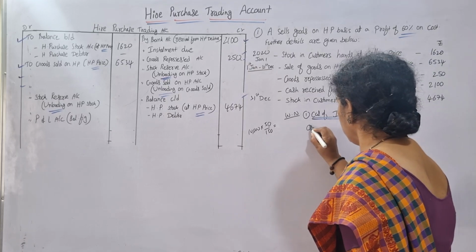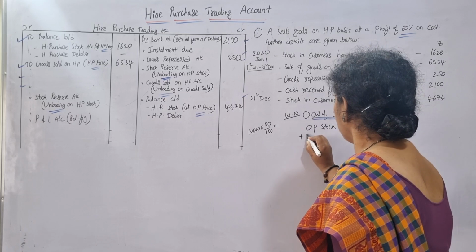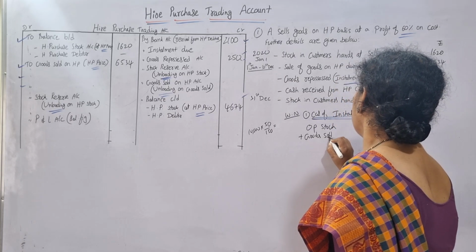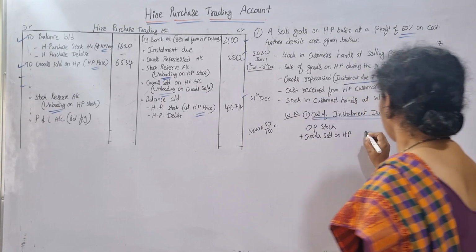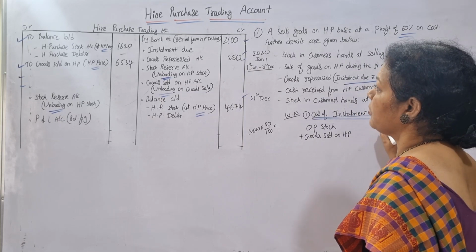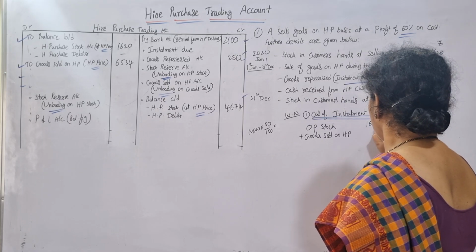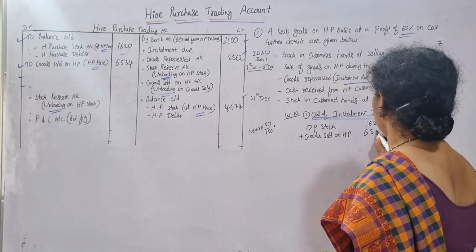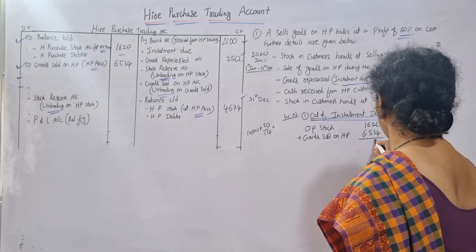Opening stock is how much? 1620. And sold 6534. If we add, you will be getting